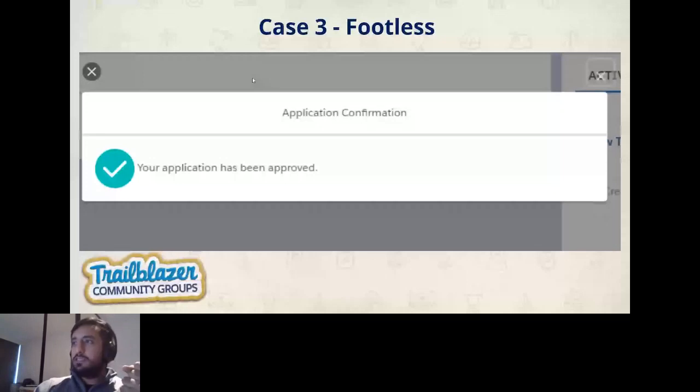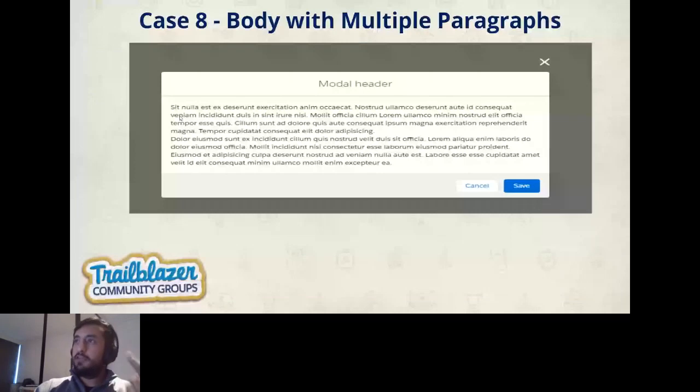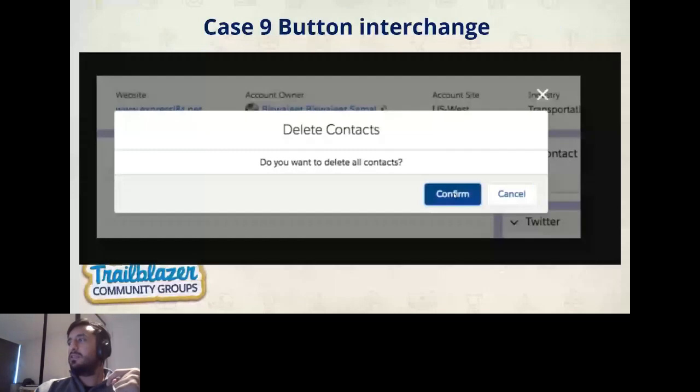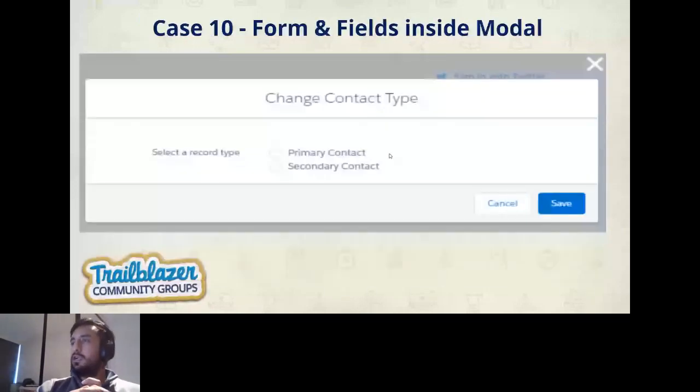Then there will be a case your body will have multiple paragraphs. Right now all the models have this blue color button on the right side, but this time the confirm button is on the left side and the cancel on the right side. So it means button interchange is there. And there may be a case where a form will be inside the model.